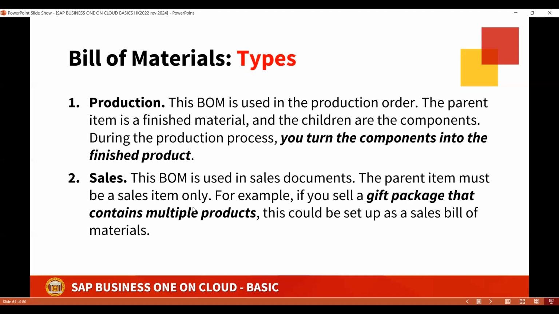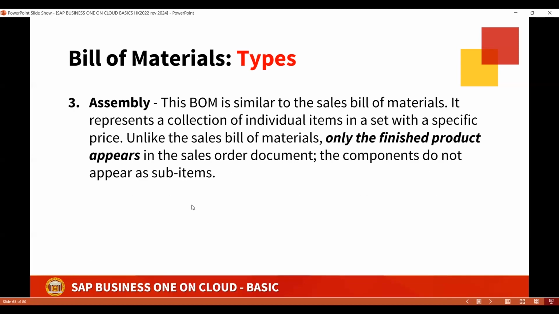Next is assembly. So this type of BOM is similar to the sales bill of materials. It represents a collection of individual items in a set with a specific price. Unlike the sales bill of materials, only the finished product appears in the sales order document. The components do not appear as sub-items.